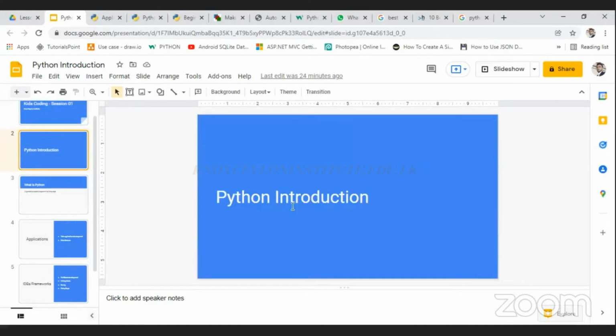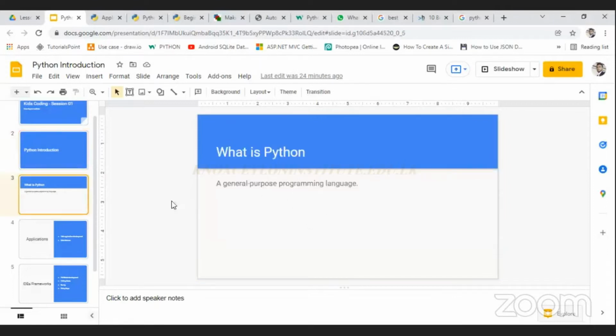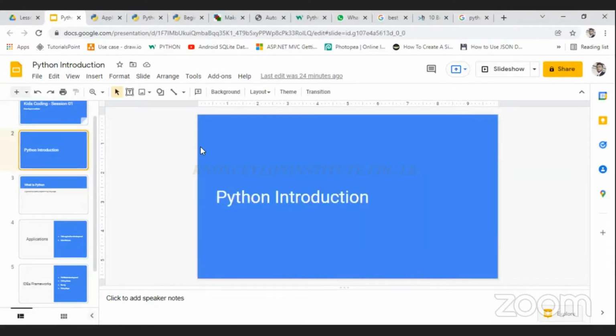So we are learning Python. So write this, put this heading, and then after that you have to write this one. So just write. When you finish writing,